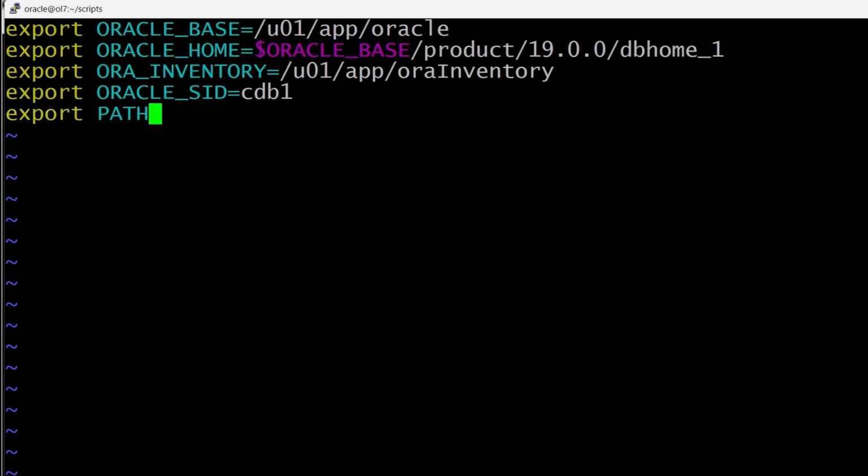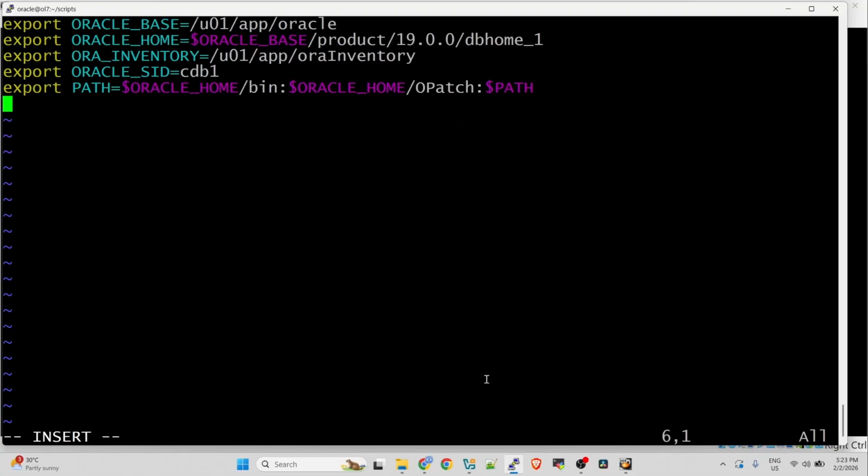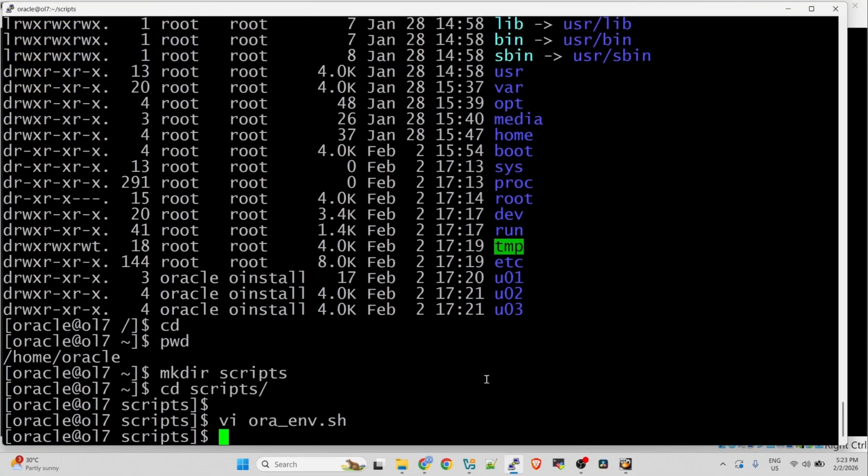Then for the path, ORACLE_HOME/bin, then ORACLE_HOME/OPatch folder, then the same path. So I guess this is good enough for now.